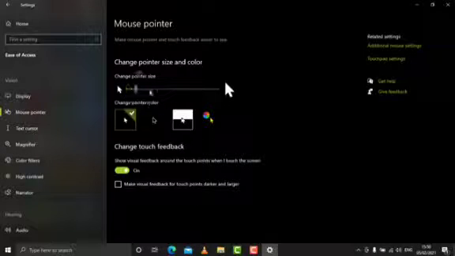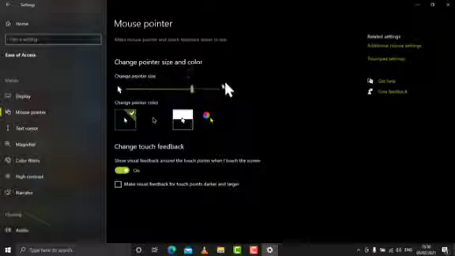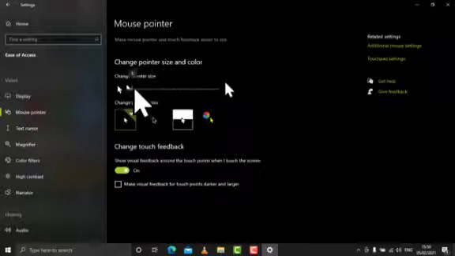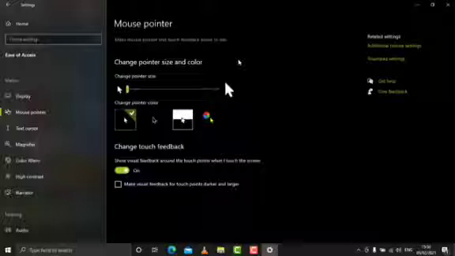And we can even change the size of the cursor, meaning this pointer, so this becomes quite big, and we can make it small, this much. So this is how we can change the settings of the mouse if a person has problems in using a mouse normally as we use.